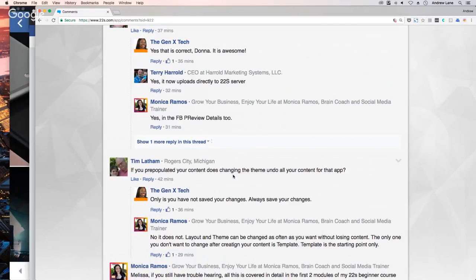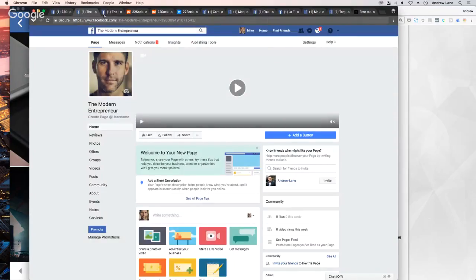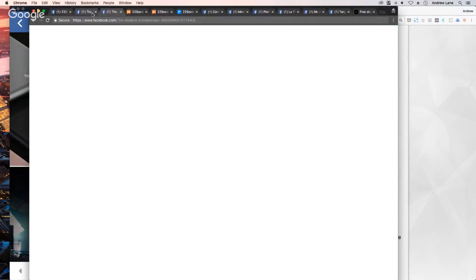So the only thing that changes all your content is the templates, right? That's what I pointed out. The only thing that's unique, or that you have to think twice about, is the